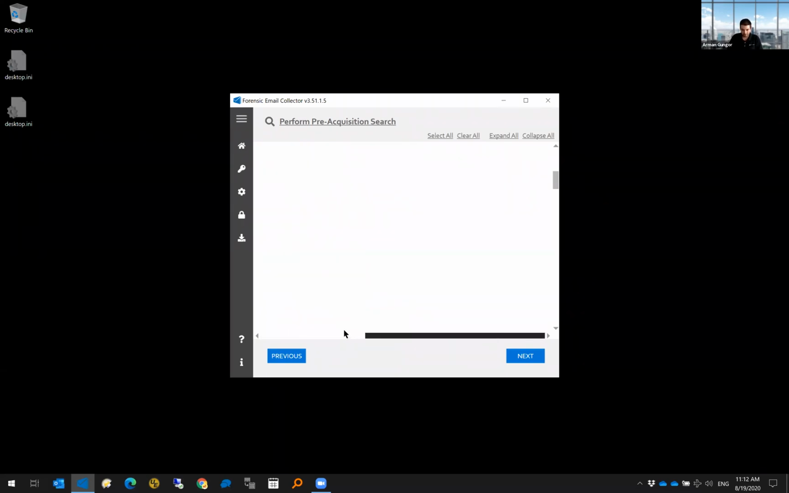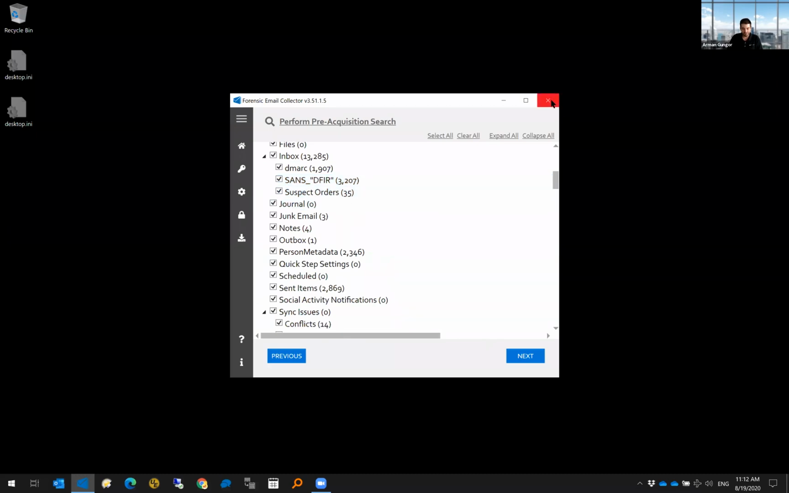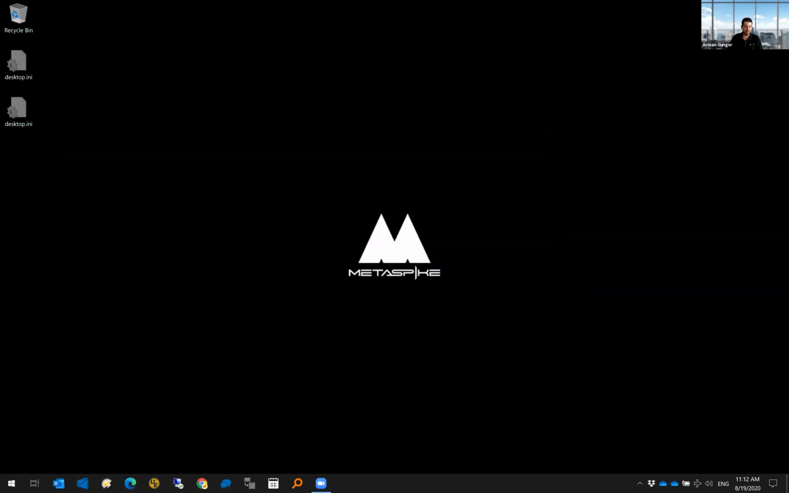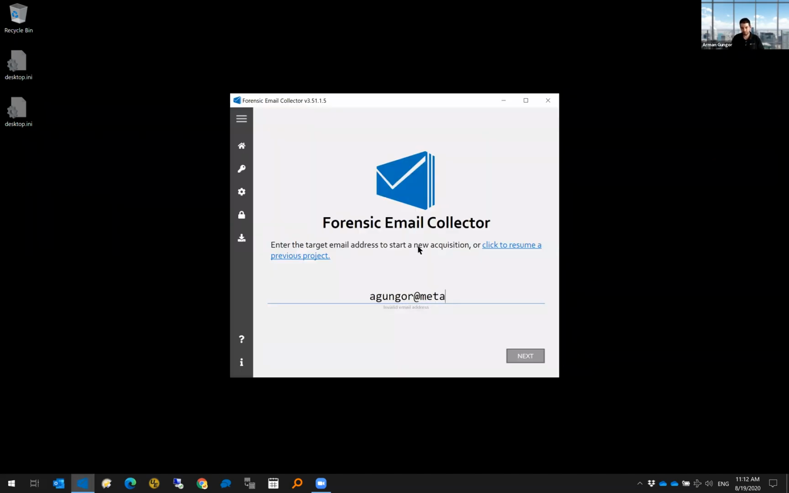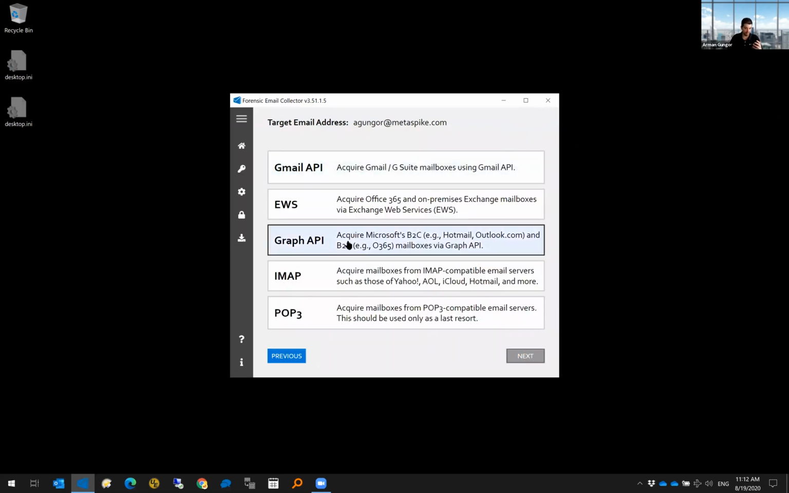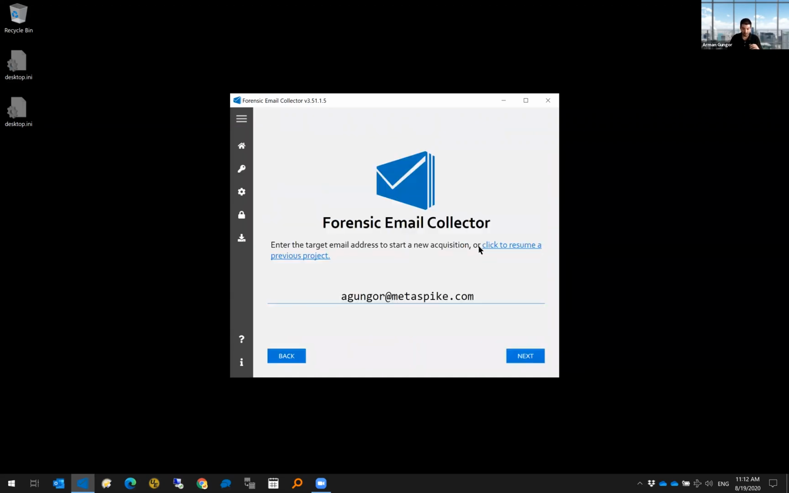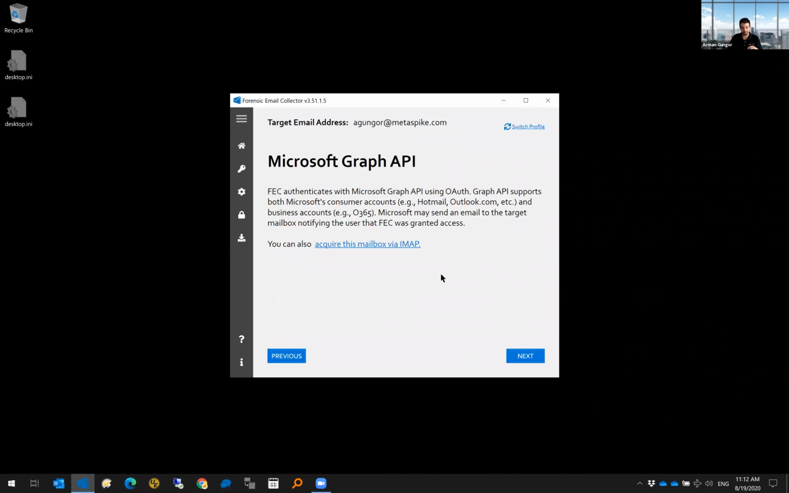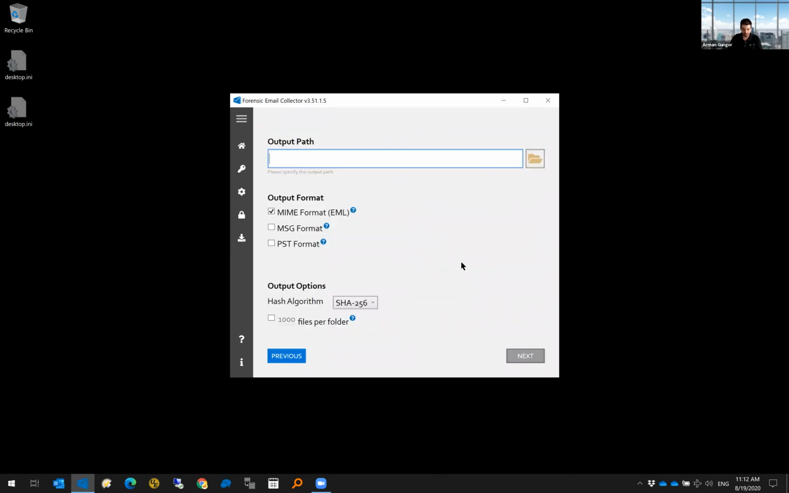So now that we looked at this mailbox through Exchange Web Services, let's look at the same mailbox through Graph API. You can do that a couple of ways. Probably the easiest way is to hit this hyperlink here. So you see that we have two hyperlinks here, one to switch over to IMAP and one to switch over to Graph API now. Or alternatively, you could go back and do this switch profile thing and choose Graph API from here, or anything else for that matter. But I'll just choose this Graph API option. So it switched over to a different type of provider here, but the target mailbox is still the same. I'll just proceed here